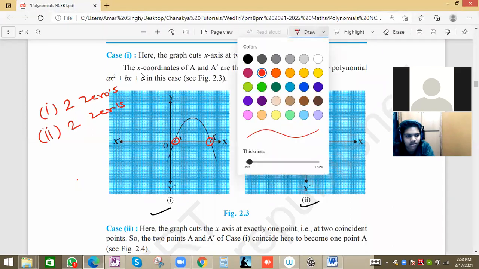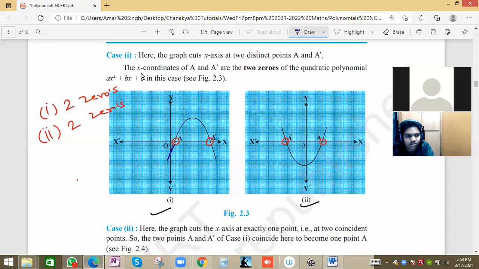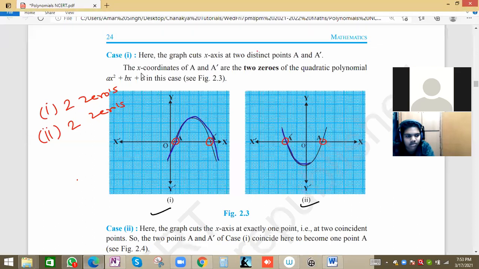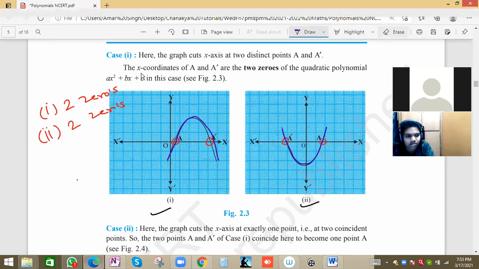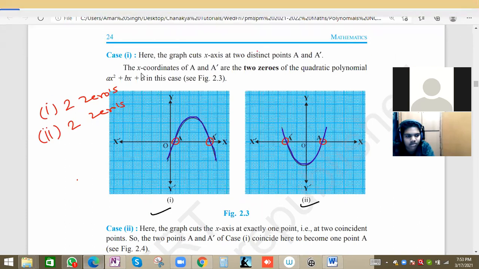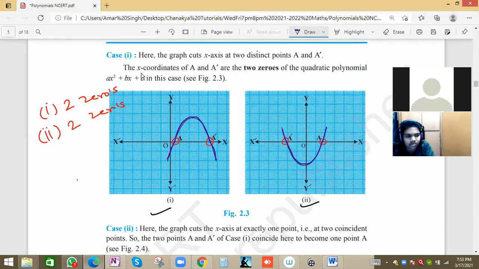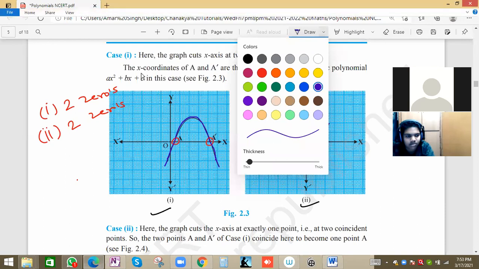And we have this nature of the graph. In the first case, it's going downward. This is the nature. And in the second case, it's going upward. So what can we conclude from this nature of the graph about the value of a? Can you say something about the value of a? The first one is opening in the upward direction. In the second case, it's going in the downward direction. So what are the values of a?